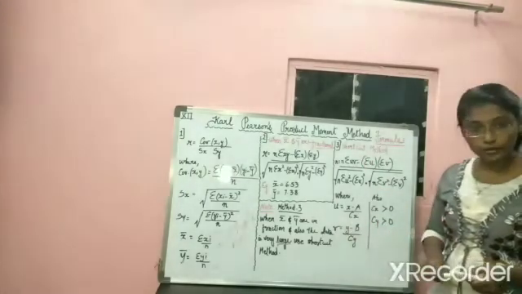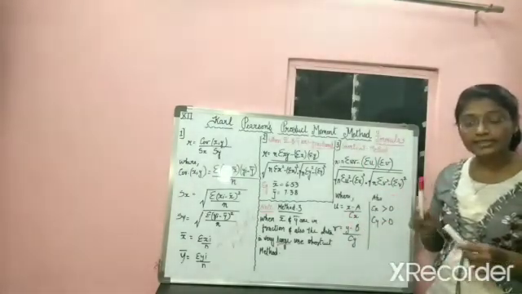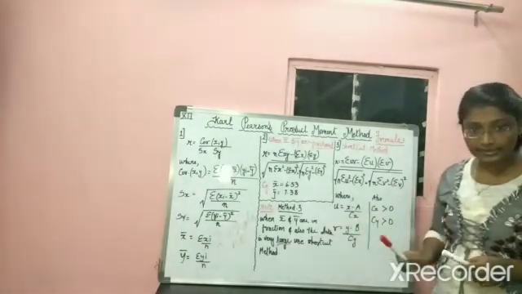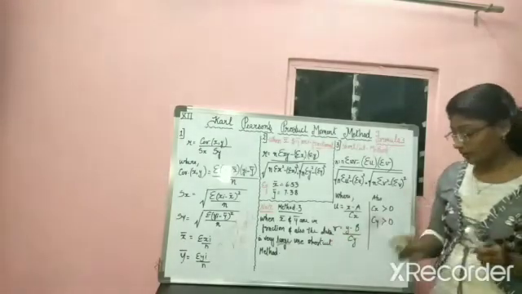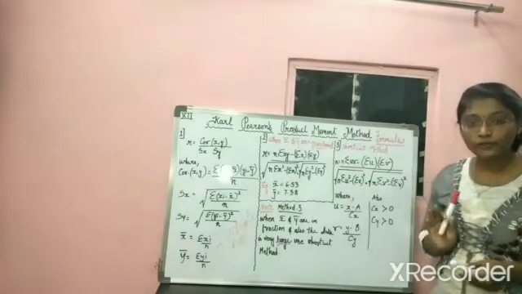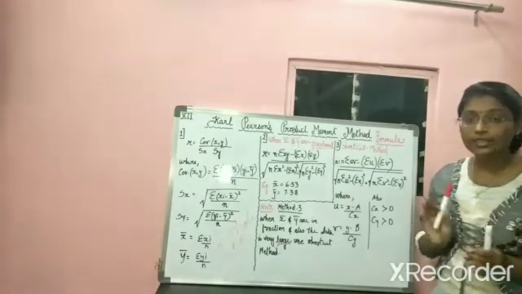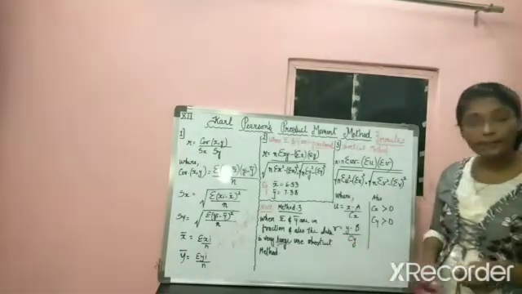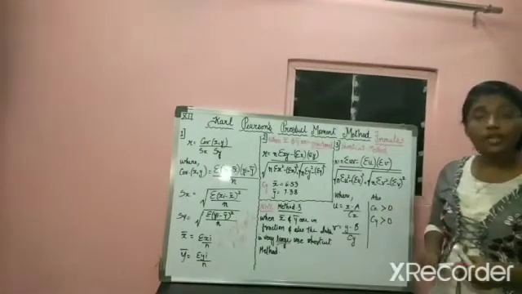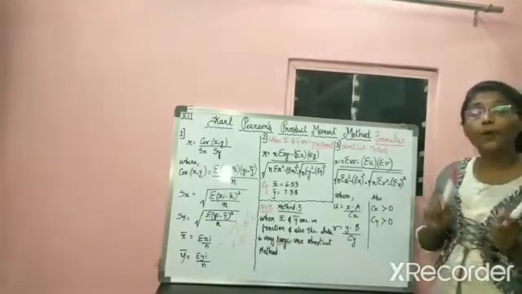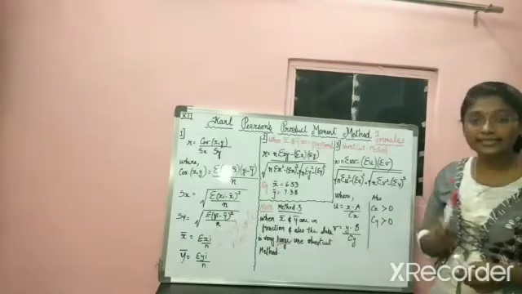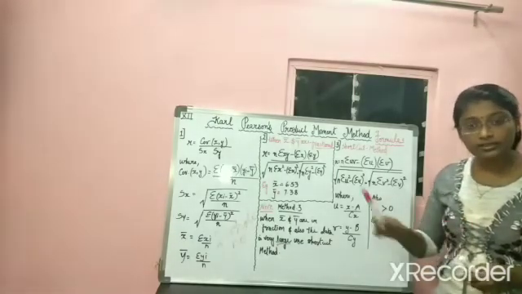For U, you have to take the formula X minus A, where A means an assumed value, divided by Cx. Now V means Y minus B, where B is again an assumed value that you have to take from the data given in your question, divided by Cy. You have to keep in mind that your Cx and Cy should be more than 0. Understood? This you have to remember. It should not be less than 0. Clear with the three formulas?